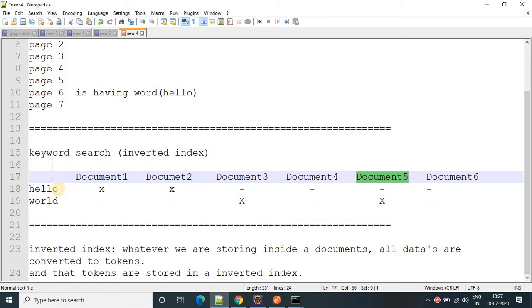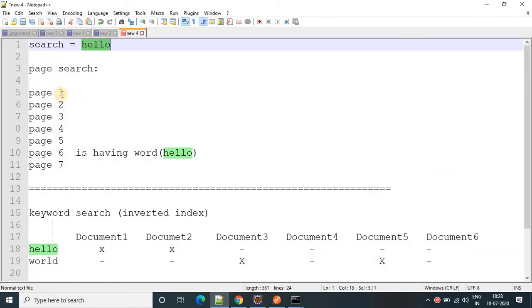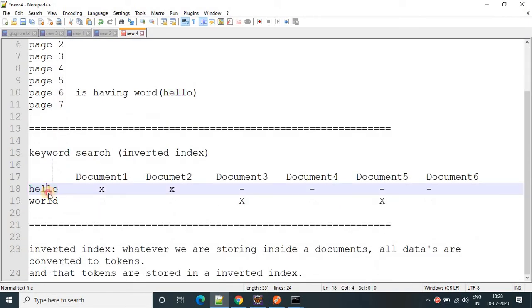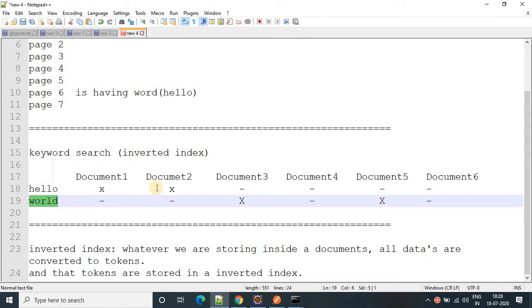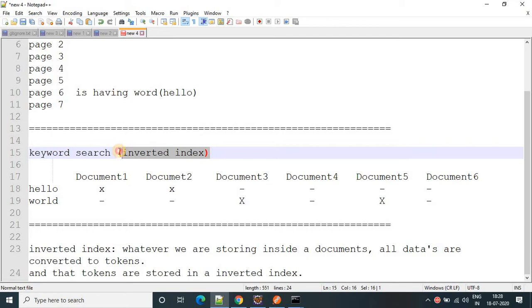So how is it storing the data? Here in an RDBMS, data is stored in row and column form, but here data is stored inside documents, and internally, Elasticsearch is storing this data as an inverted index.